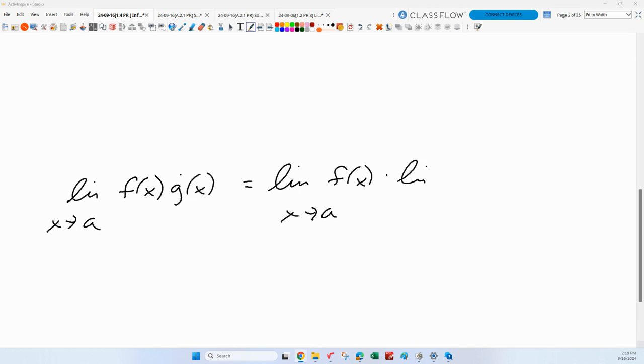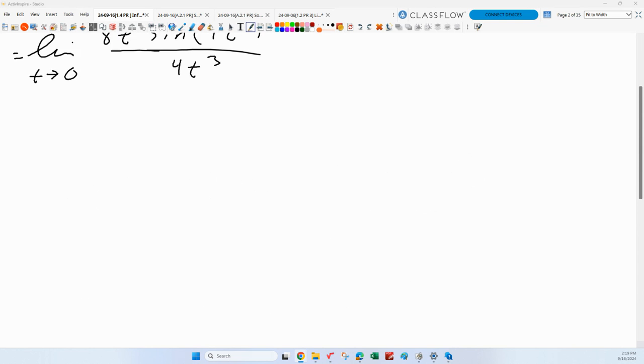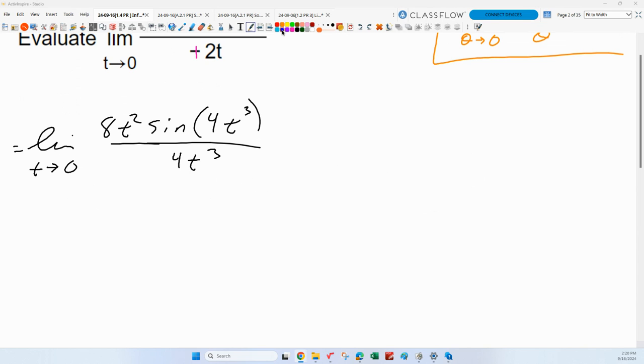Everybody remember that? Important property. So we'll split this up into 2 separate limits. I've got this limit out front. Let's take this piece first. So I get the limit of 8t squared as t approaches 0, times